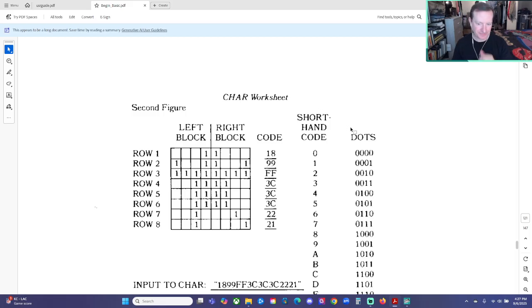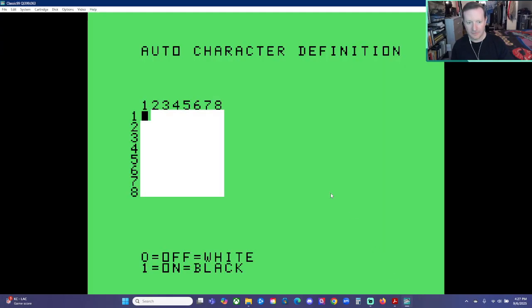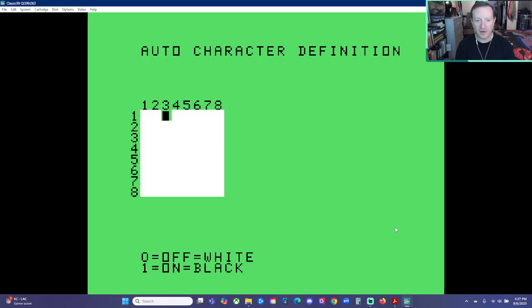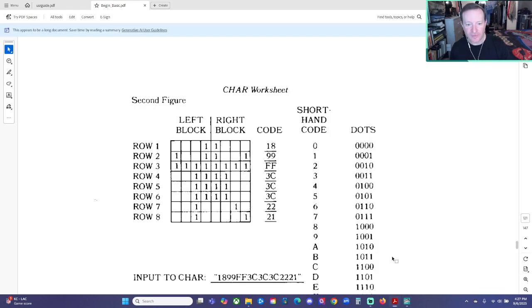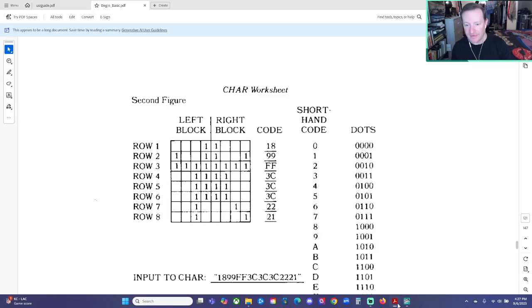Let's do this one. Okay, so we've got off, off, off, on, off, off, off. Second row, we've got on, off, off, on, off, off, on, off, off, on. In the third row, on all the way across. That's going to be FF. And next row,